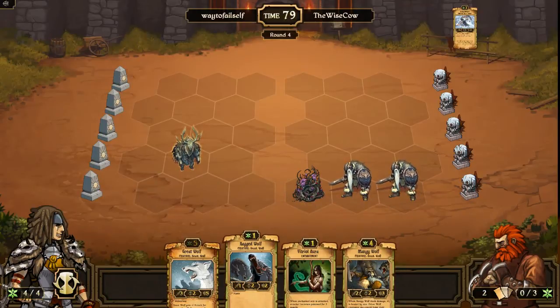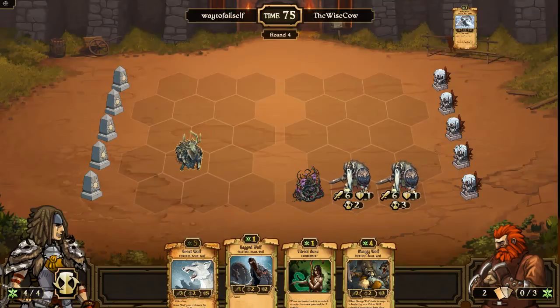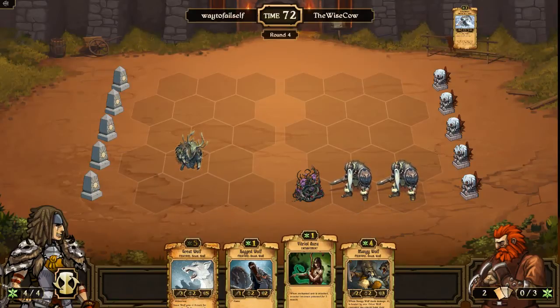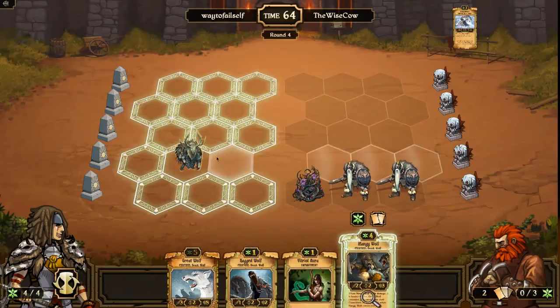Okay, how do I want to play this? Could put out the Mangy Wolf, could put out the Ragged Wolf. I have a little bit of time. So let me actually go ahead and... I'm gonna, as much as I do have use for that, let me just put out the Mangy Wolf,